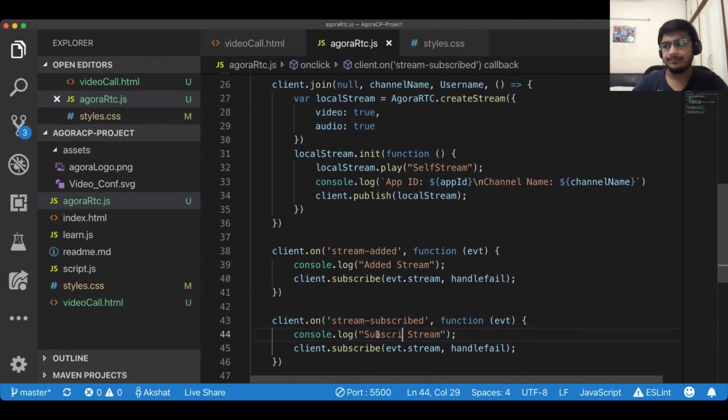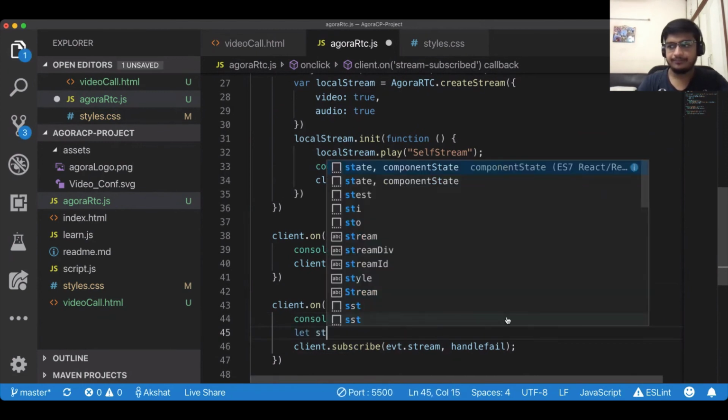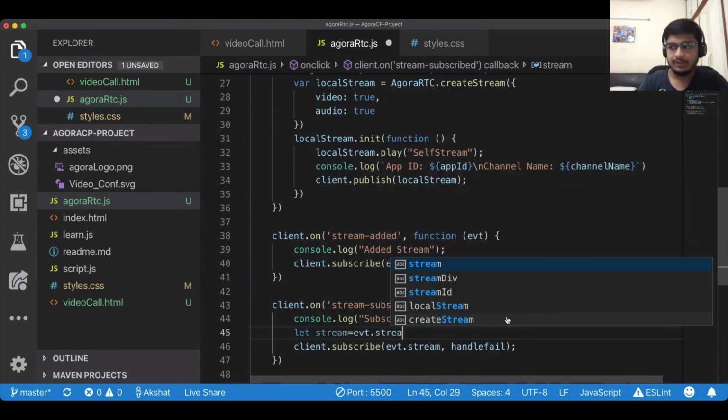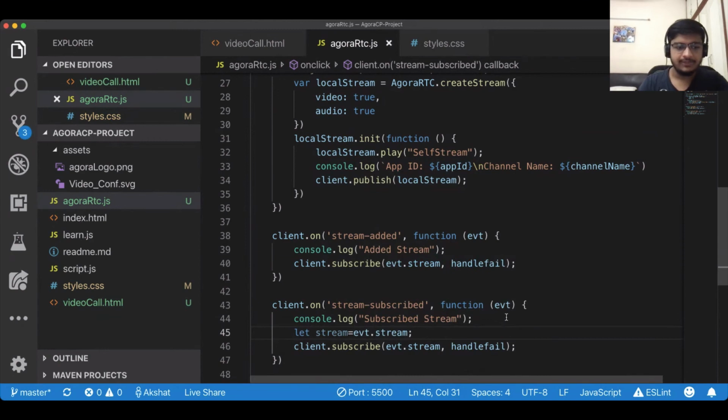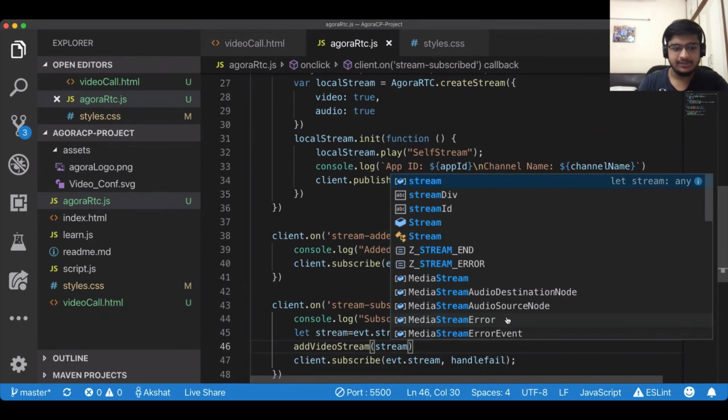And it says subscribed stream. Yep. And now I'll put let stream equal to event dot stream. You will get an event from this callback as well from the Agora SDK. Now I'll call the add video stream function. If you remember, I had created a function at the top where we give a stream as parameter.